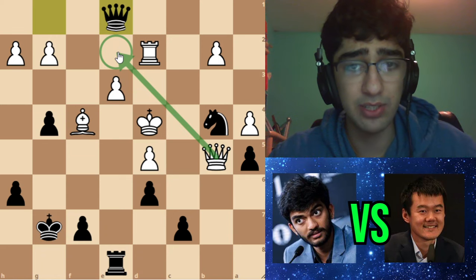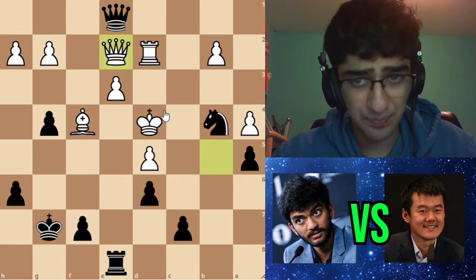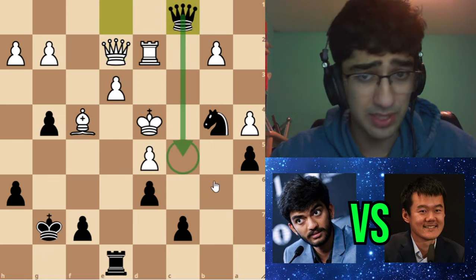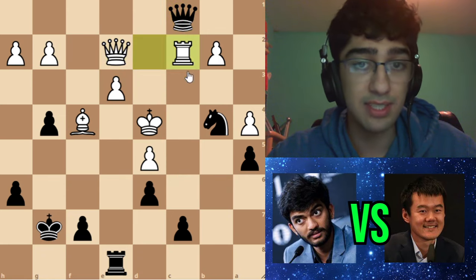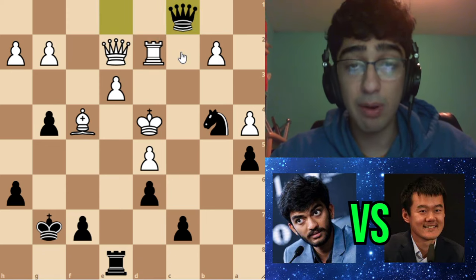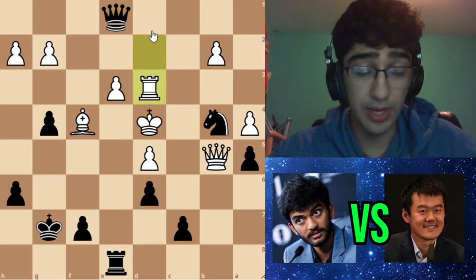The only move is queen e2, and just take a few seconds to see if you can find the winning move on queen e2. The winning move on queen e2 is queen c5, and there's actually no way to stop queen c5 with checkmate. The only way to do that is rook c2, and then, okay, at least we go up a rook. So he can't defend with that, and otherwise the rook is trapped, so Gukesh went for this